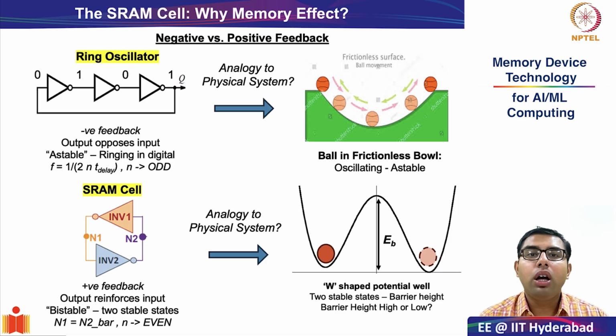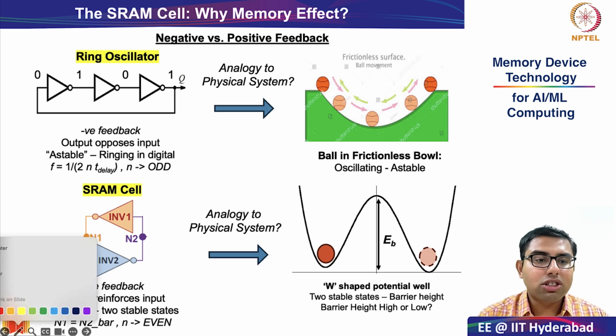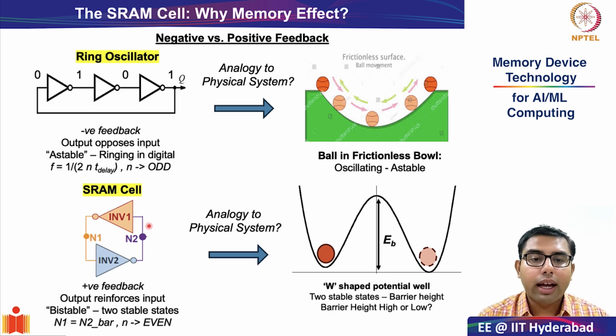Let's try to recall what we were studying in the previous session. We began with the SRAM cell, and we saw what the structure of the SRAM cell looks like. At the heart of the SRAM cell is the cross-coupled inverter. The key factor why there is a memory effect in the SRAM cell is because in this cross-coupled inverter, the output of the final stage reinforces positively the input of the first stage. Therefore, we saw there will be two bistable points in this kind of inverter: either N1 and N2 can be 0 and 1, or 1 and 0.